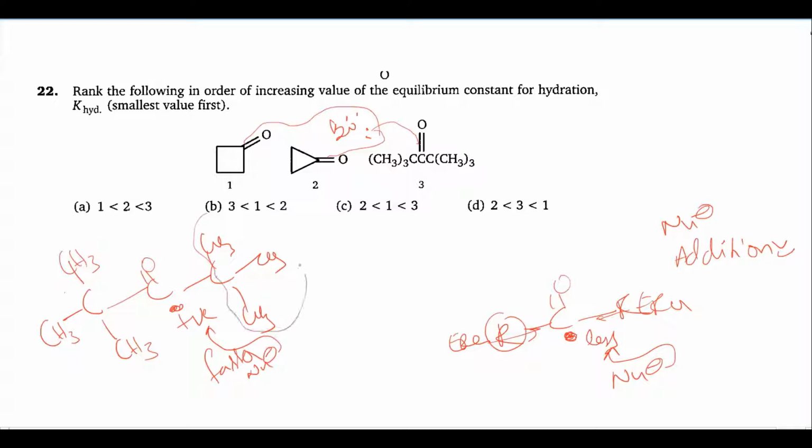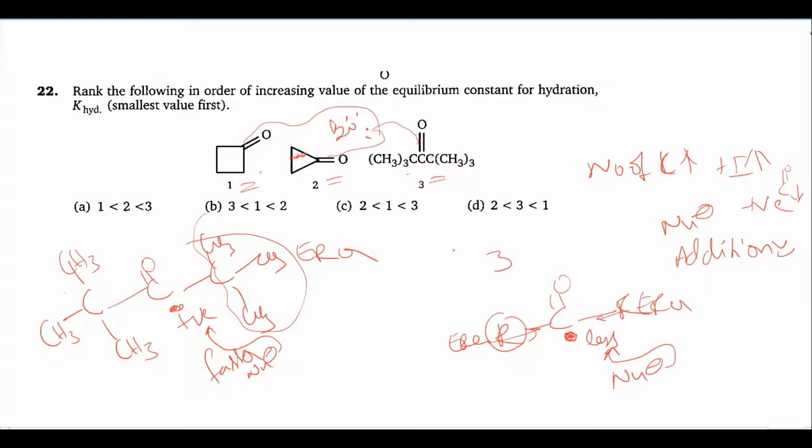The reason is the electron releasing groups. If the number of carbons increases, the plus I effect increases. So the plus I effect increases means the positive charge on the carbonyl carbon decreases. As you can see here, this is 4 carbons, 2 second carbon and third one. This is a 3 membered ring. As per Bayer strain theory, more strain is there. So out of these, here 3 carbons, here 4 carbons, here so many carbons are there. So 3 is least reactive.